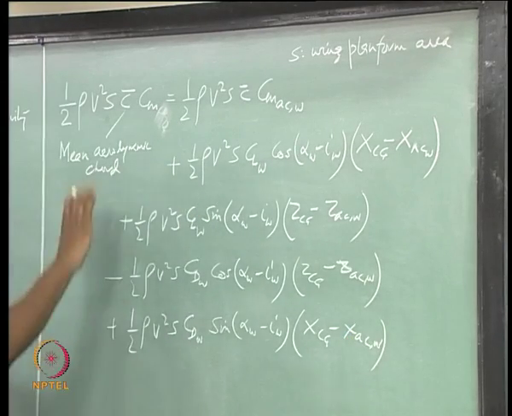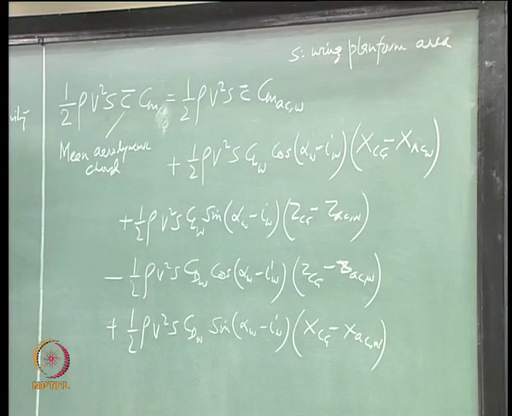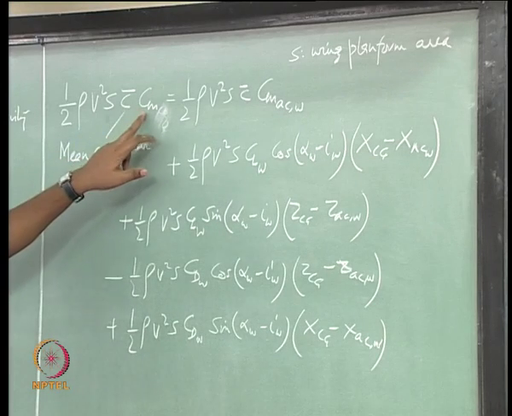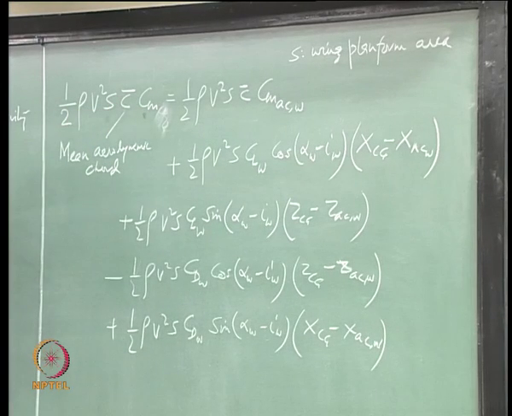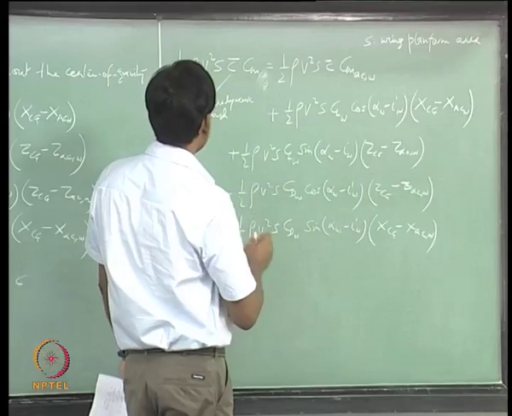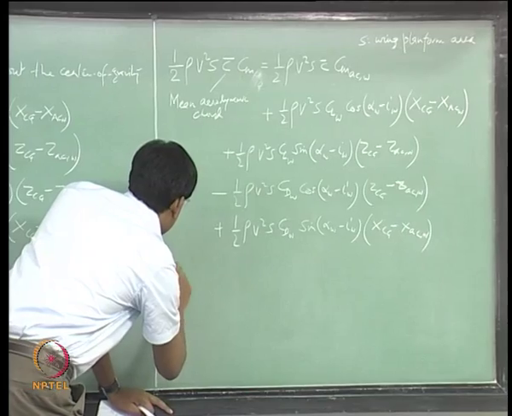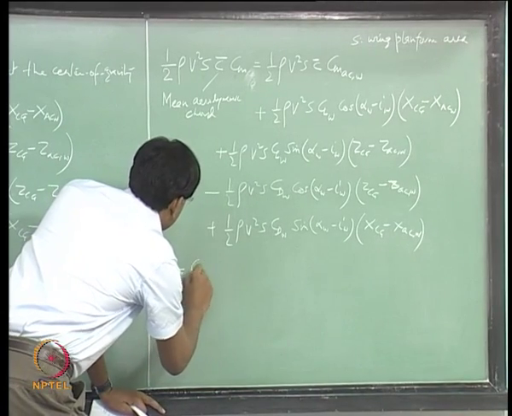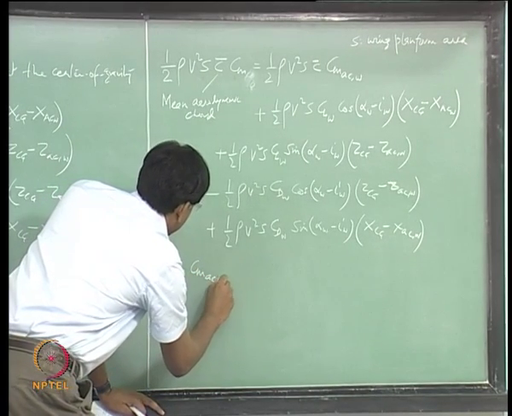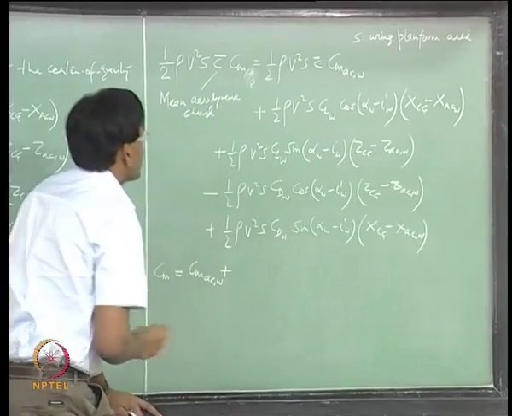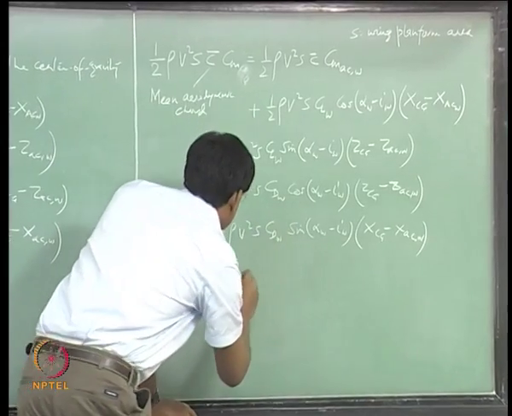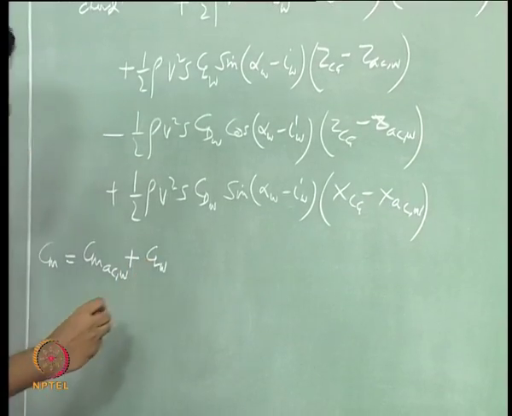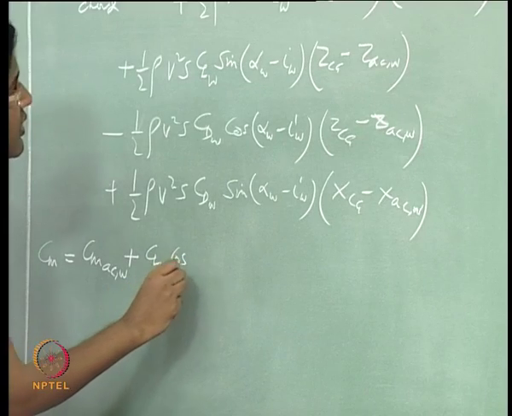So, with this expression we can write down the expression for the pitching moment coefficient, the non-dimensionalized form. So, Cm is CmACW plus CLW cos